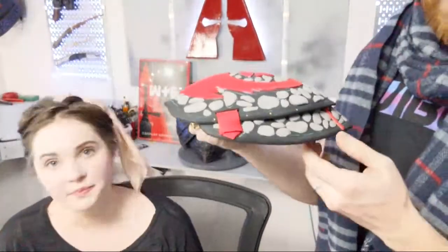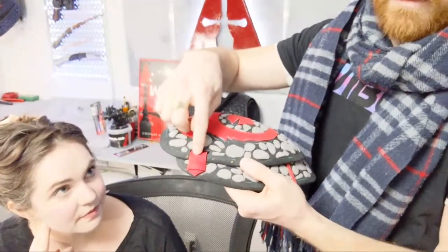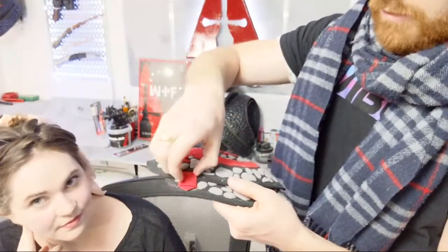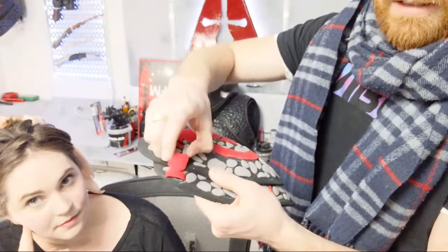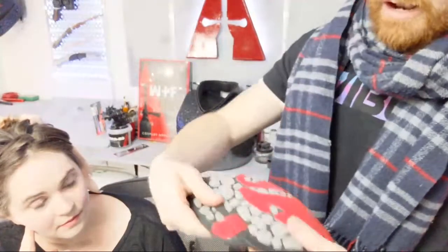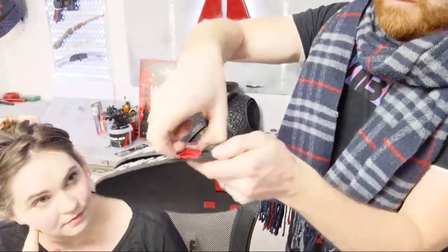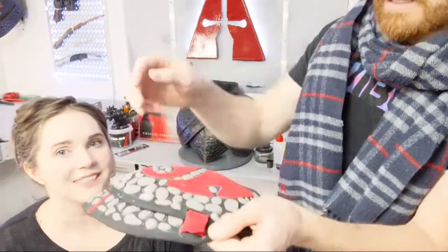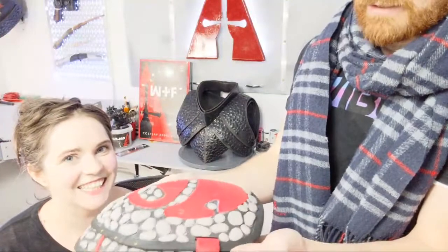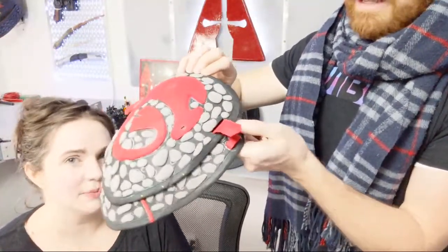So something cool that I did with this that I really like is that because I'm using What the Foam and it's so much more durable, I'm actually using these practical straps, just as if they were leather straps. And I'm not gonna glue these down. Oh, sorry, the foam is still drying. No, you're ruining my work. I just touched it and realized it was still a little soft. Thank you. But anyway,